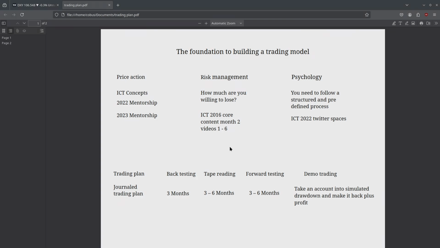So one solution to that problem would be you have a hard set stop and you have a hard set take profit. And come hell or high water, price is either hitting the take profit or it's hitting the stop. So you go and write down, okay, my stop loss is going to be 10 handles. My take profit is going to be 10 handles.